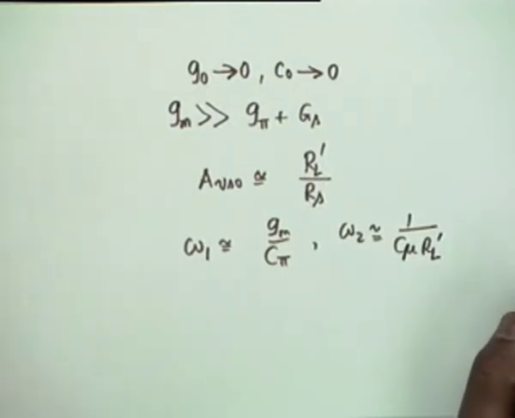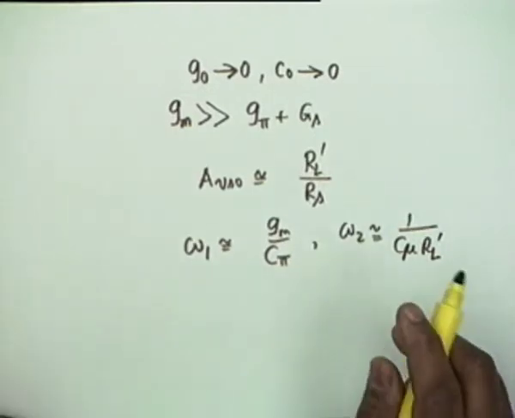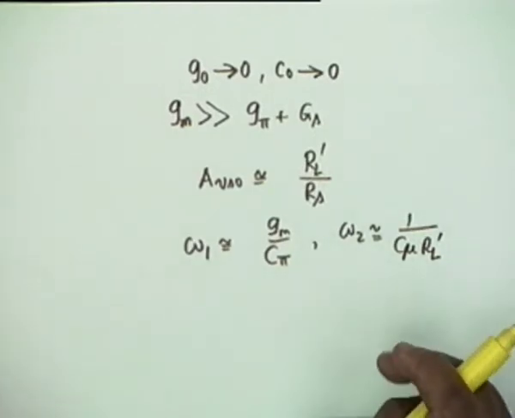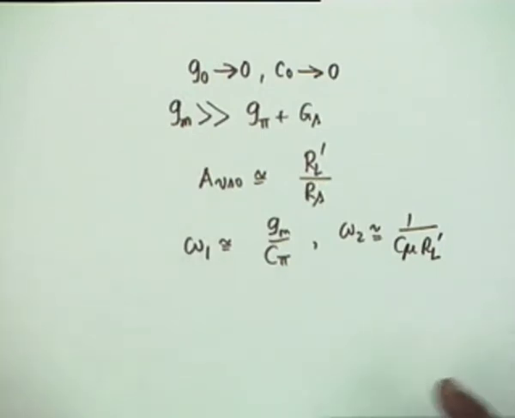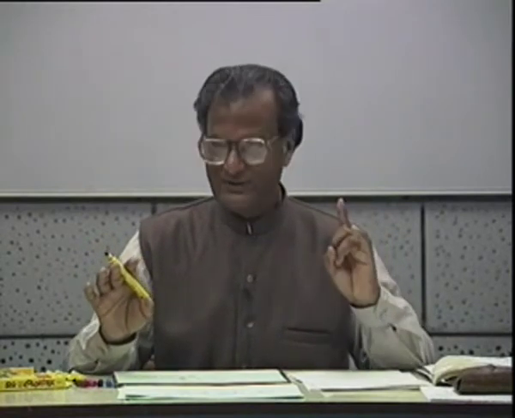The last part of the question, question number 3, was: if omega 1 and omega 2 are comparable. Some people asked me during the minor, comparable means they are equal? Comparable and equal are two different terms. If they are identical, why should you use two terms? We call each of you by one name. Of course, your father calls you by some other name, but that's a different story. As far as the public is concerned, you are known by one name. Why should we give two names unless they are synonymous? Okay, so comparable means that they are not much different.